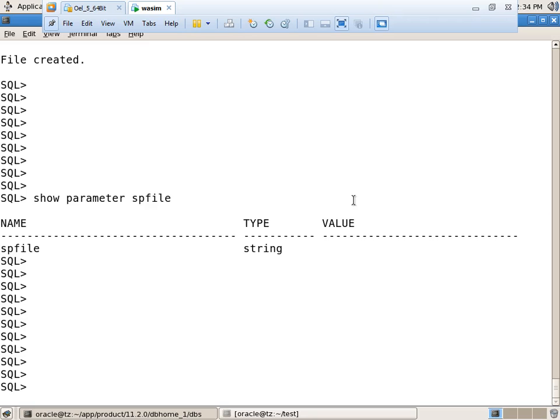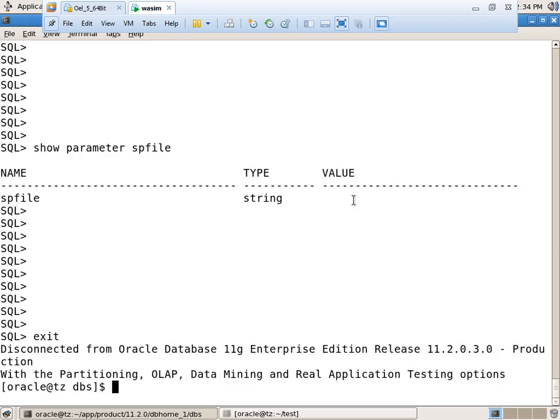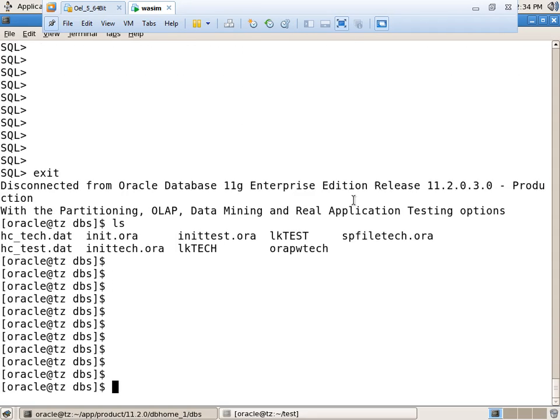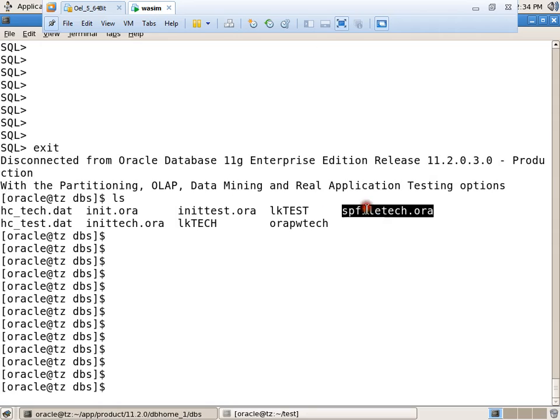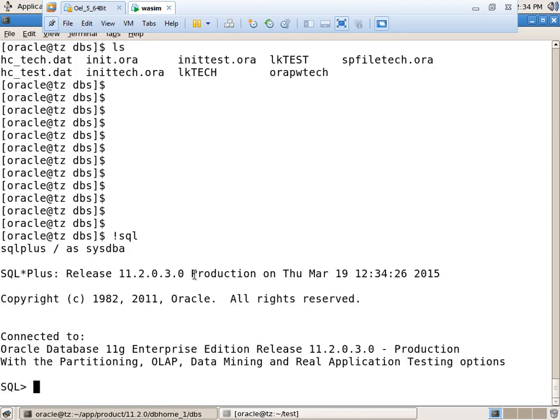Before bouncing back, I am showing. See, SP file is there, P file is there. Both files are there. Once we bounce back, it will prefer which file? SP file, right? Okay, I am bouncing back the instance.